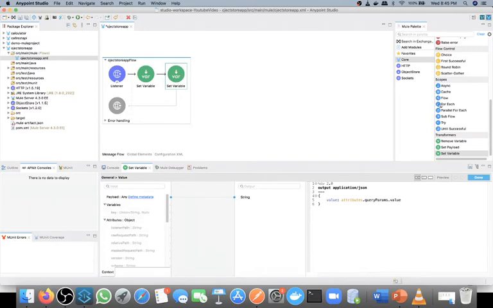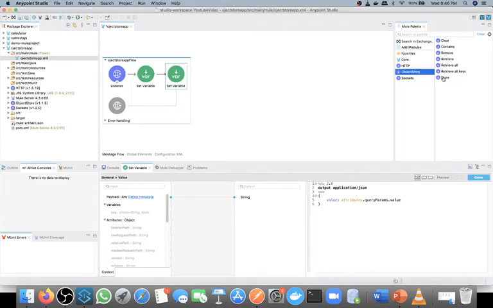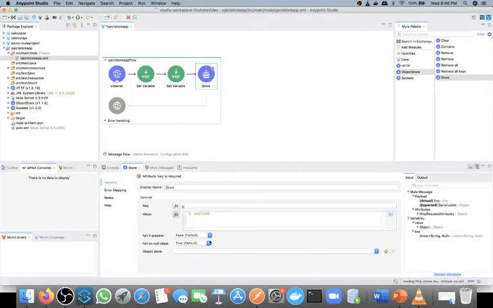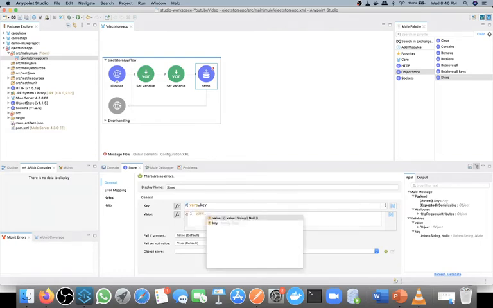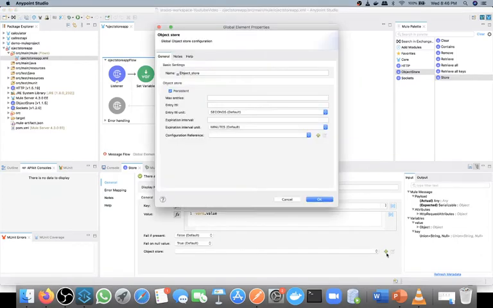Now I will use this object store operation to store my key value pair. So what all things we need to do? First we need to define the key. The key I will take from vars dot key, so I will take this key from the variable. Inside value, from where will I take it? vars dot value. Now we will pass this key and this value to this object store and store them inside object store. Now we need to create the object store also. So we will click on this plus symbol.